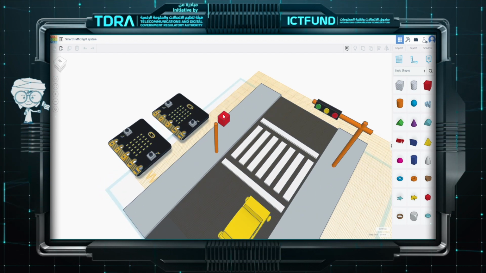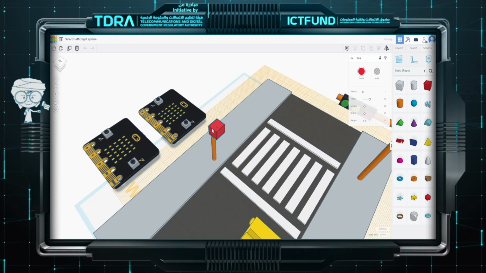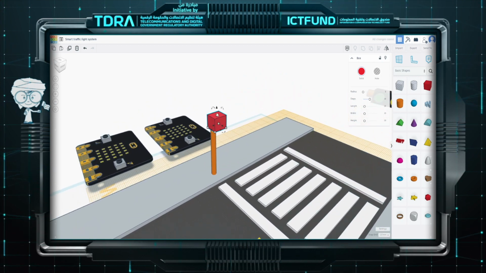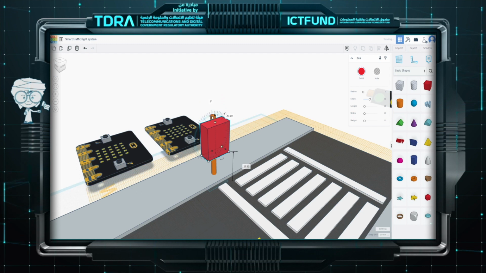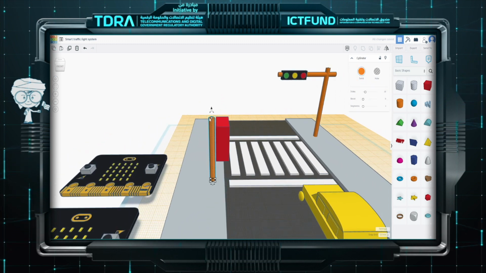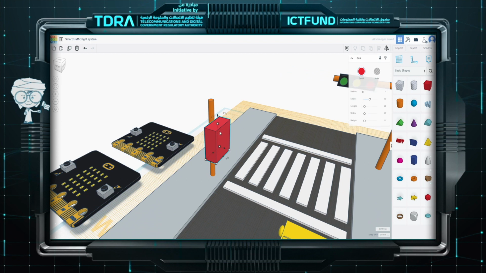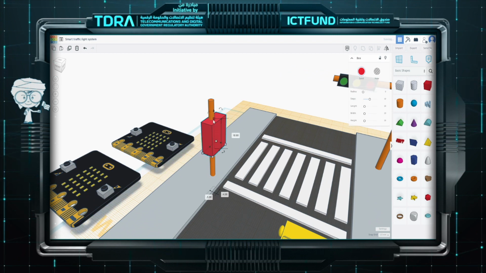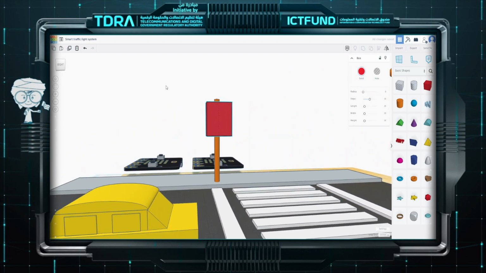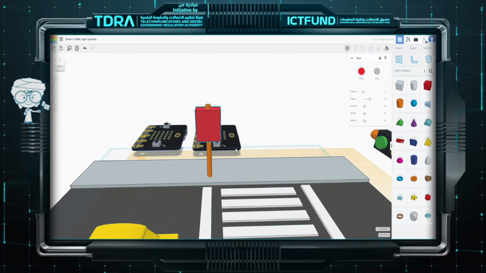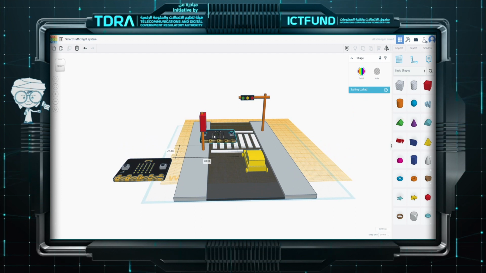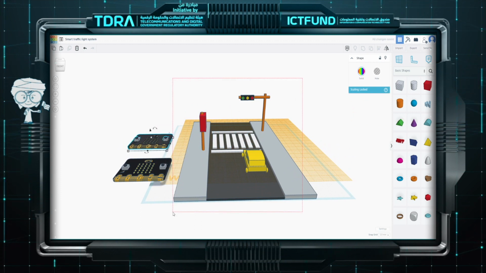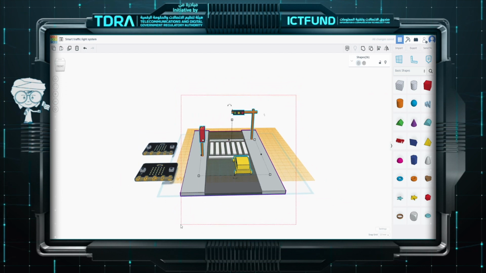Okay, so after we do this box, let's add another one, but this one is gonna contain only the microbit. Let's make this bigger. Perfect. Okay, so as we can see here, we finished our environment, but the microbit is much bigger than our environment, but that's totally fine, because what we can do is we can make our environment bigger by selecting all